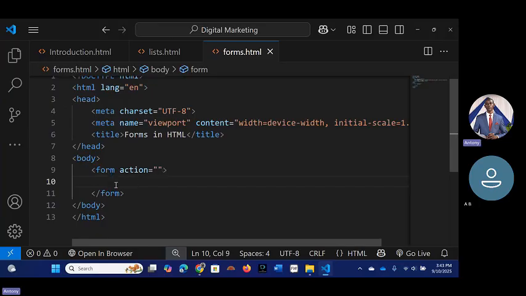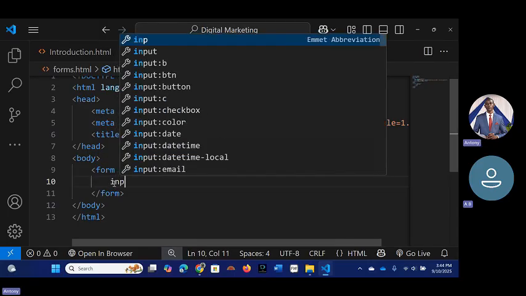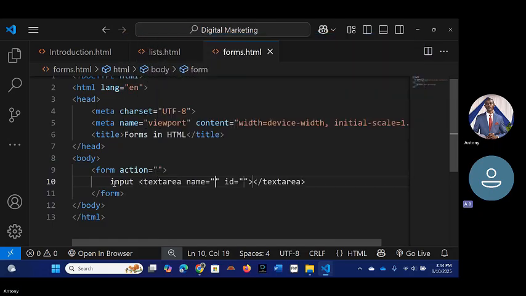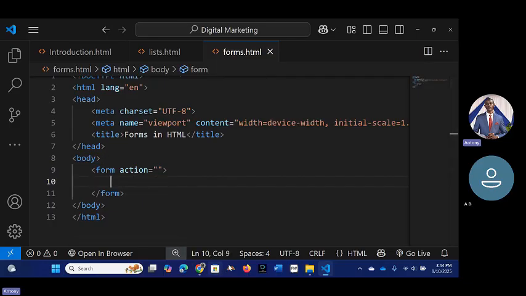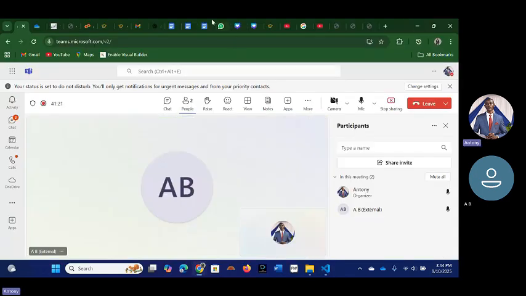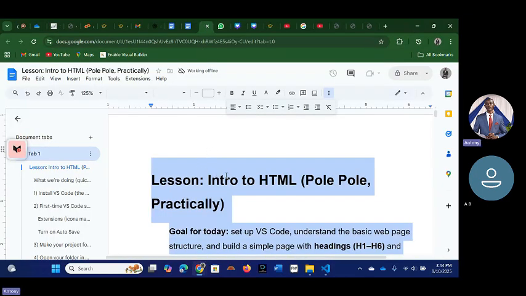Once you open it, now we are going to enter labels, and we enter inputs. There is an input type that we work with on forms. There are 6 input types. There is input type text. Let me type them here. The problem with this one, you cannot type. Let me go to a Google document and use it to type, so that you can see the kind of input types we have.